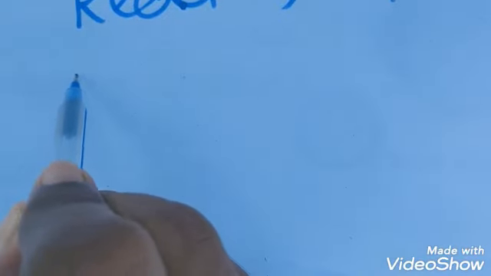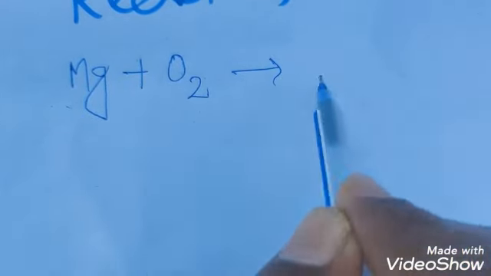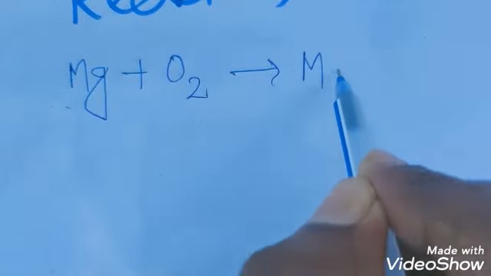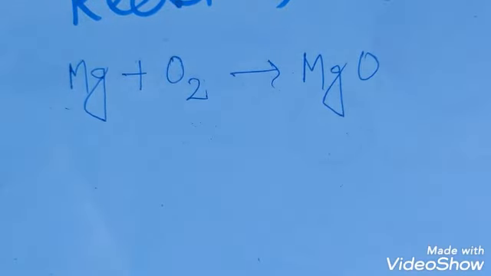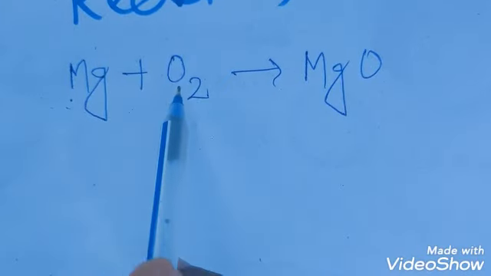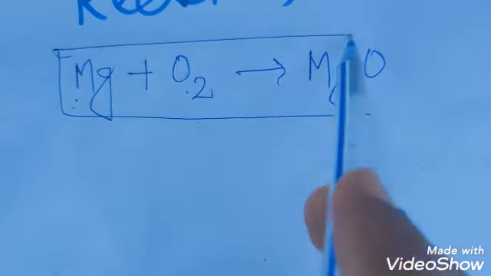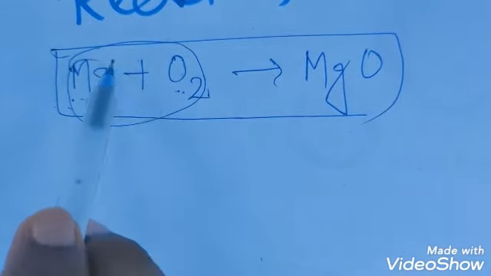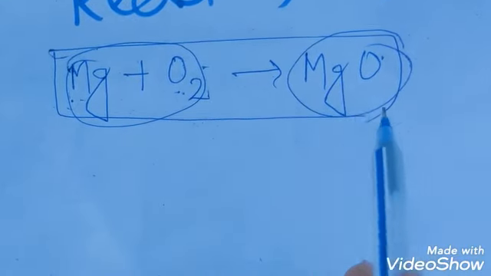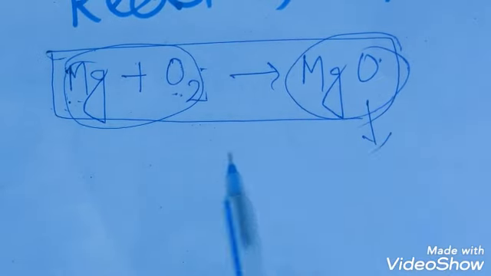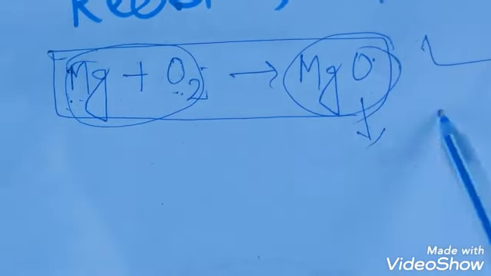Let's take an example of a chemical reaction. Suppose magnesium oxide. Magnesium oxide consists of two chemical matters. One is magnesium, which is an element, and another element is oxygen. Mg and O2 give rise to a new compound. That compound is called magnesium oxide. Here magnesium and oxygen, these two elements combine to form a new substance. That new substance is magnesium oxide. It is called a chemical reaction.